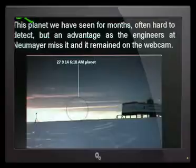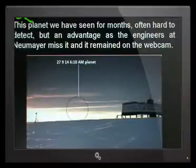Now here's another one showing a same large planet or another large planet, and very likely the engineers have missed it,